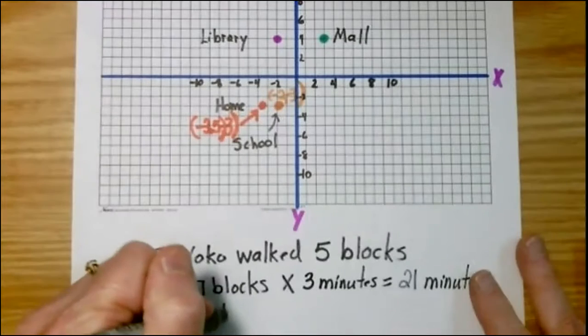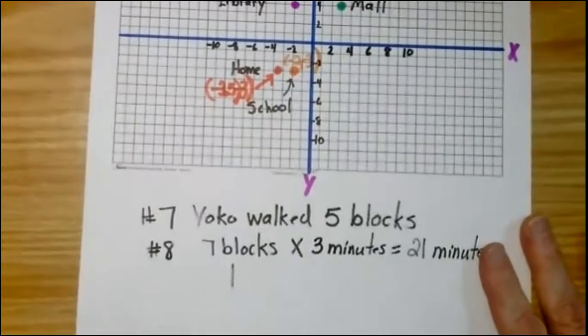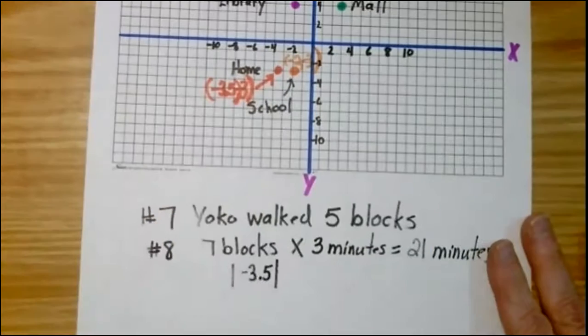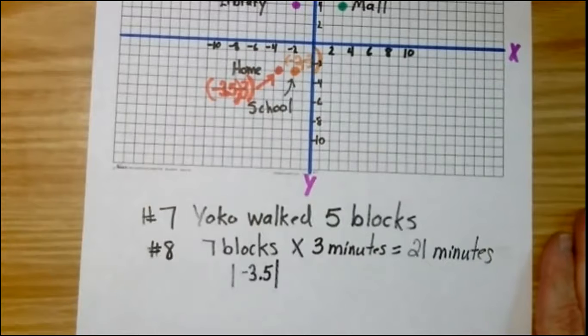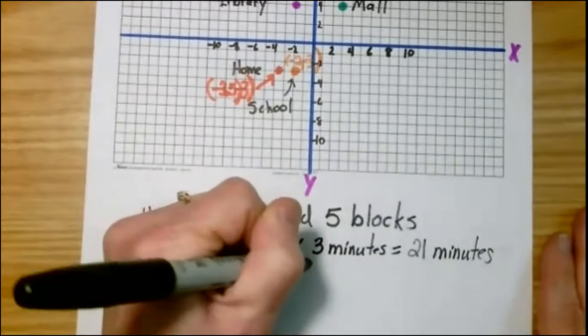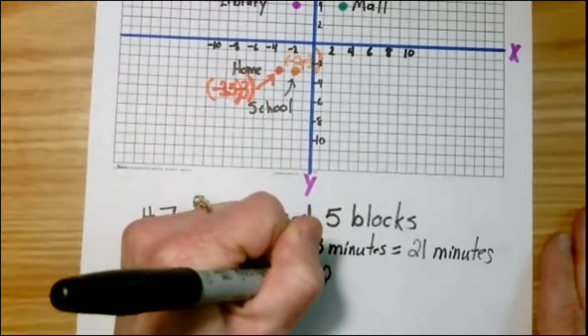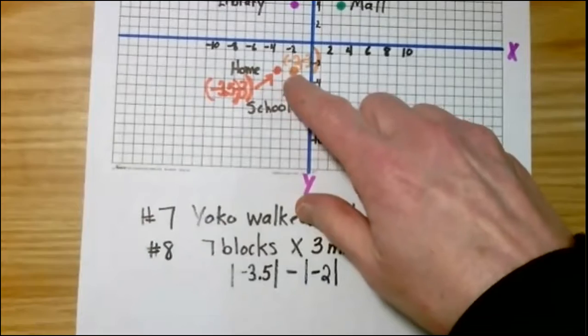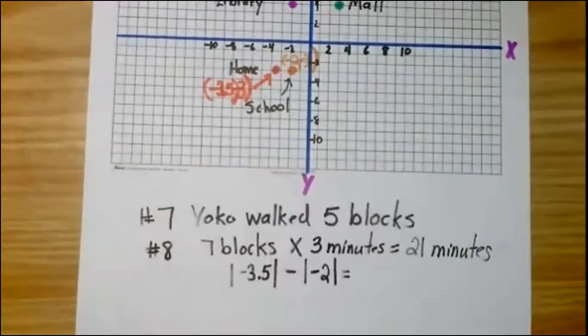So our first point, and bring this up, is -3.5, and we're going to put that in absolute value signs, and they're in the same quadrant, so we're going to be subtracting the 2 points minus the absolute value of the -2 point, which is what we just did. We did a half and then another half. So then that becomes